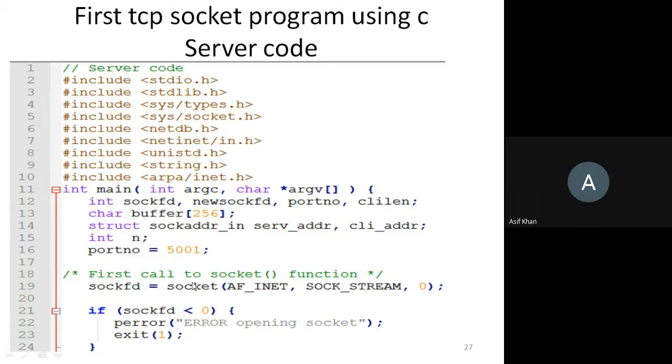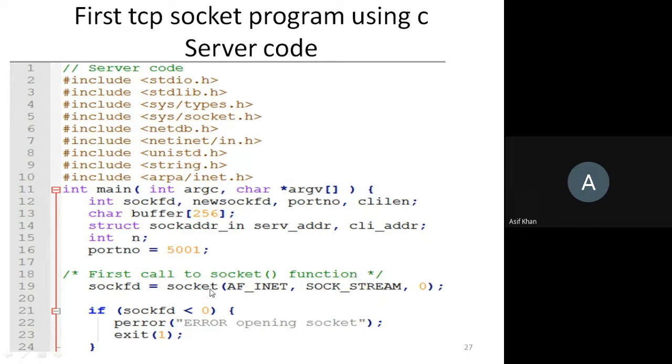The first function to be called is the socket function. It is called here, you can see. Why is the socket function used? It is used to create the endpoint of communication. While calling the socket function, what arguments will we pass? Since I am creating an internet socket of IPv4, a stream socket, using the TCP protocol, these parameters are passed: AF_INET, then the second argument SOCK_STREAM, and third 0. If you write 0 here, it will automatically take the required protocol. Otherwise, you can write a specific protocol here also.